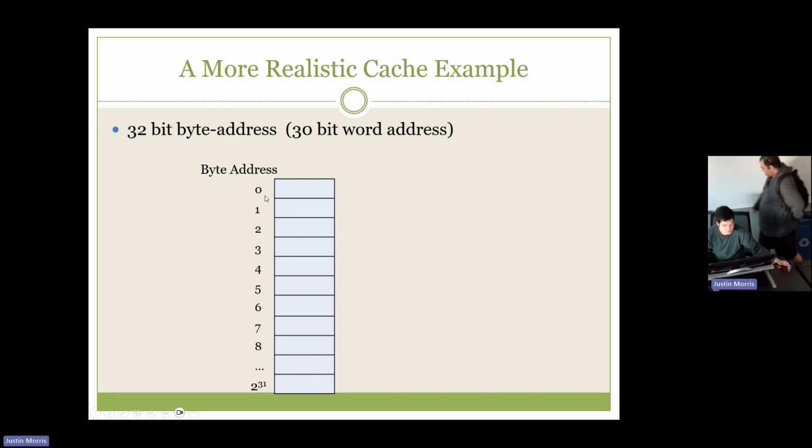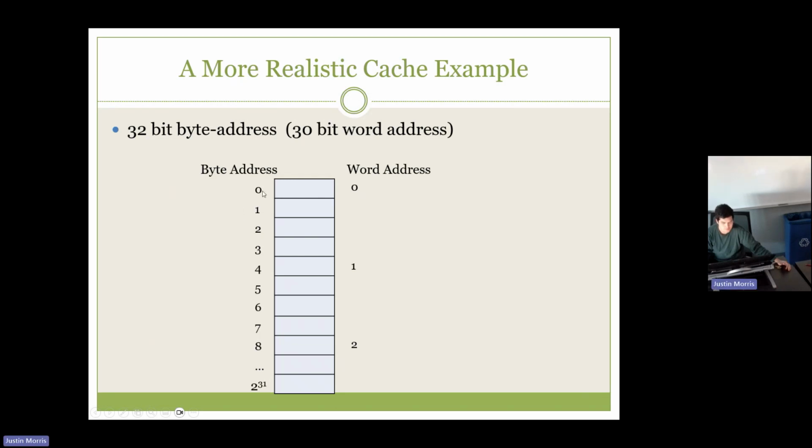So here is our memory. Most memory is byte addressable like this. So you have address 0, 1, 2, and then there's 1 byte of data in all of these addresses. And then if we want to convert the byte address to a word address, then it's just every 4 bytes is that first address. Then the next 4 bytes is the next one, next 4 bytes. And we can get to this number by just throwing away the lower 2 bits of this number over here,